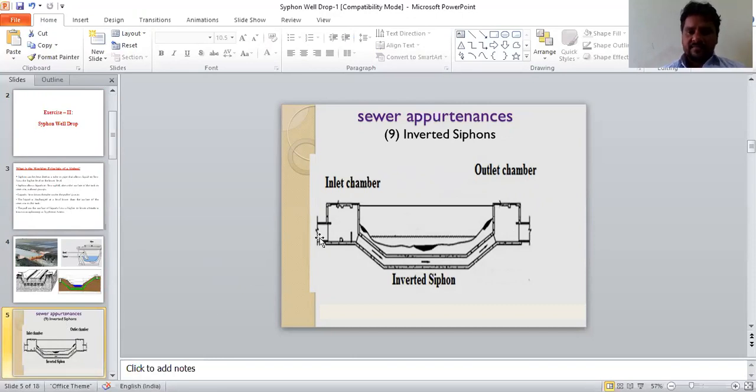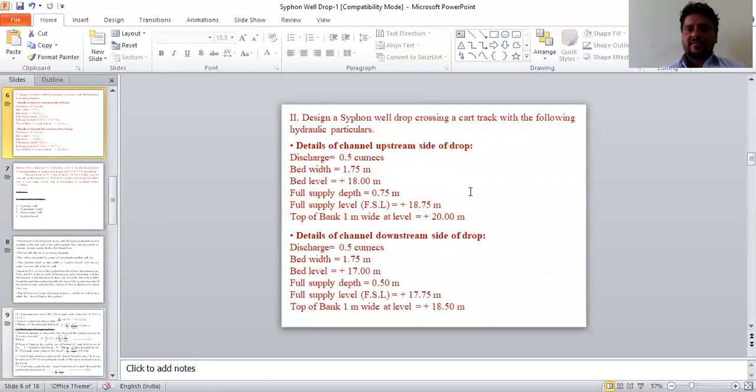How to design this portion, and how to design this siphon, that is the pipe or tube. And how to design the outlet chamber. The chamber in the sense well, inlet well and outlet well. These are the wells. At what level we have to construct, what are the levels of this road, where the upstream side, downstream side, where is the footing level, everything we have to know, right?